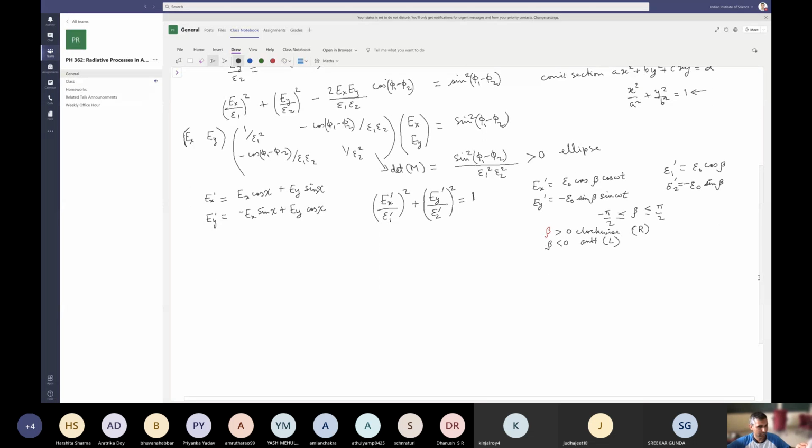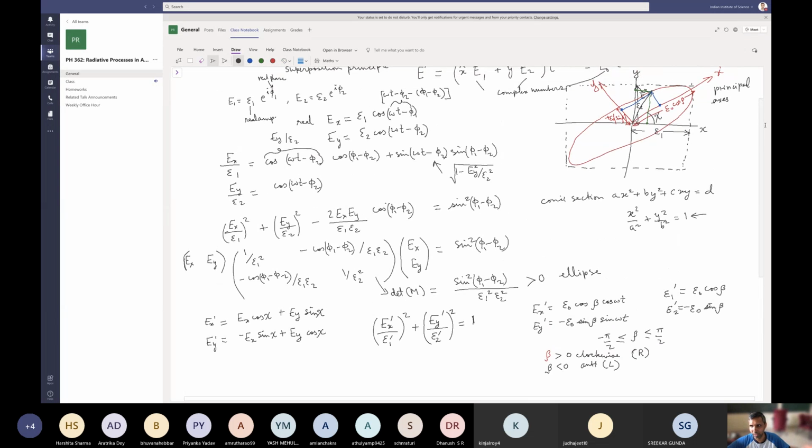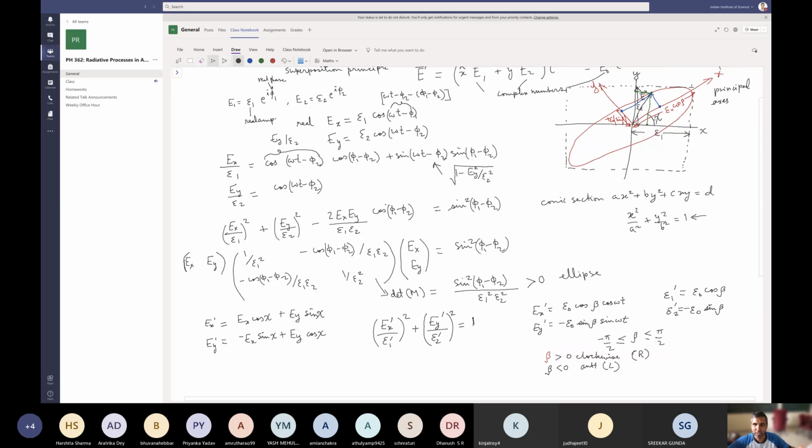Okay. Now what do we do now? Okay, so right, so from this figure, I want to have that figure here on the screen. Right, so from this figure, we can also write the inverse relationship of this, right? We can write that Ex equals, you can also do it through a simple rotation matrix,